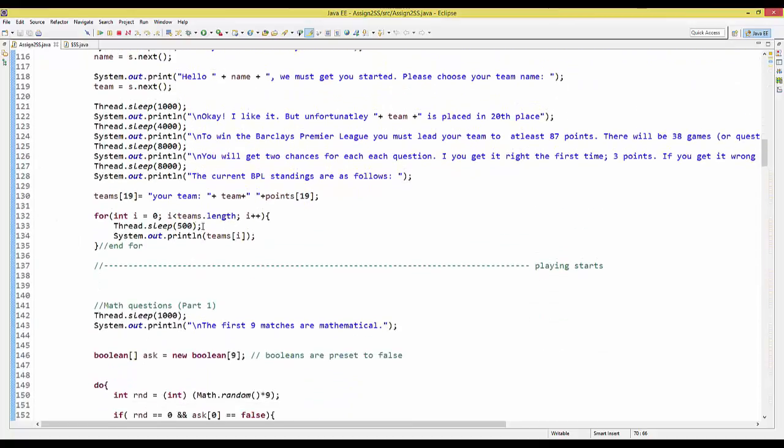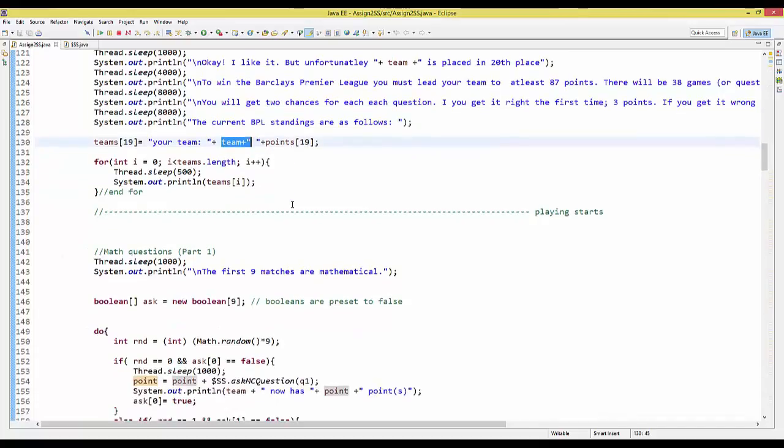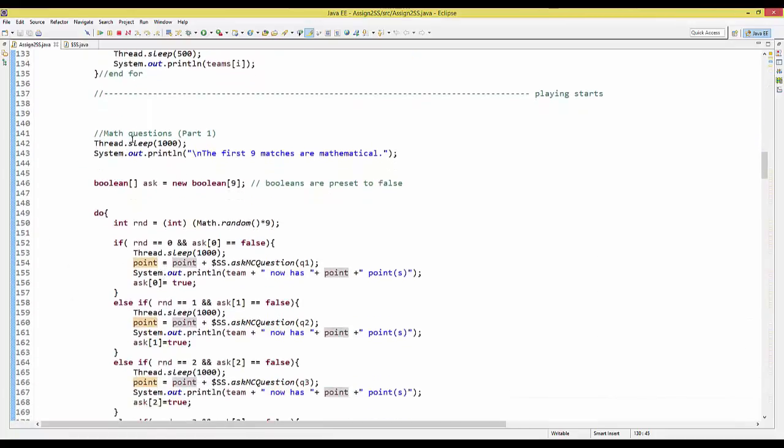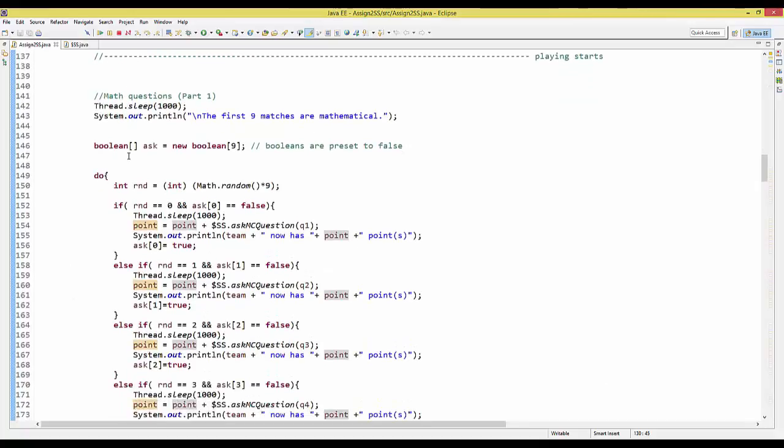So that's the introduction, and here I have teams 19, which is me, is equivalent to team, which is the team you input. And this prints out the teams for you in order. And here, this is the way I ask my questions. I want to randomize the questions so that each time you play you get the questions in a different order, to make it more fun, or more unpredictable. And to do that, I create